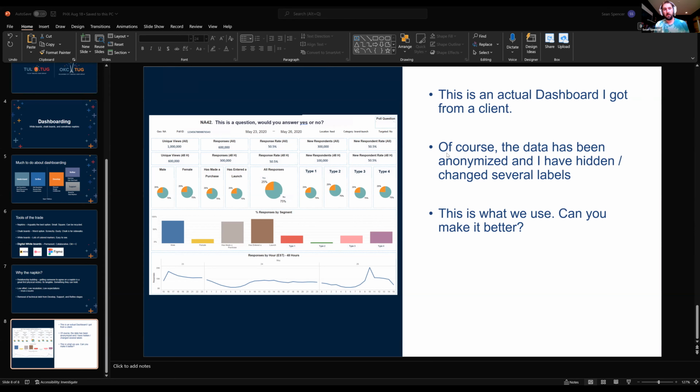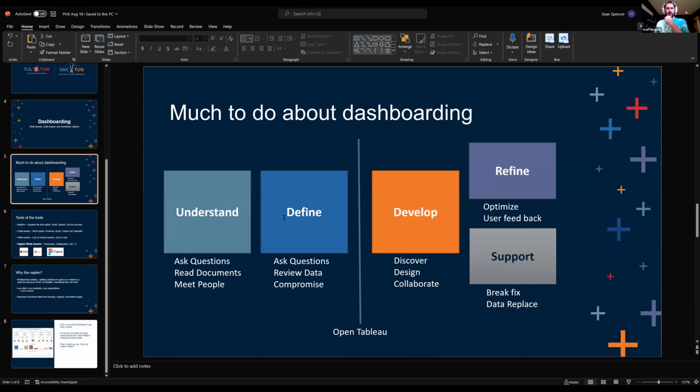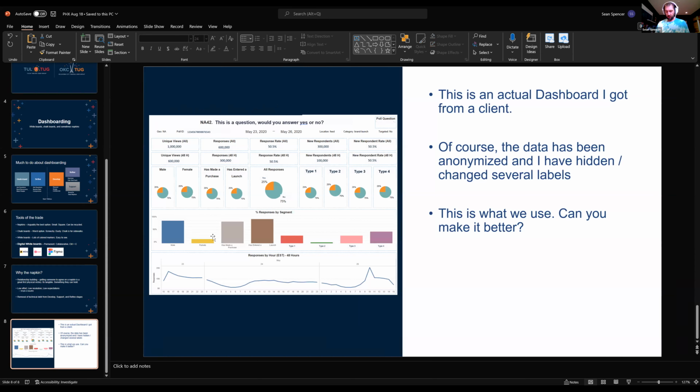Yeah, so this is an example of a client that has a pre-existing suite of information. There were actually 4 other dashboards that went with this that I restyled for them. And yes, I've absolutely been on engagements where I'm creating something net new, from scratch. What I will say is different about those scenarios is, I still follow this same pattern of understand, define, and develop. But my understand and define stages might have a couple of extra steps. I don't want to say that this is the worst dashboard I've ever seen, but this is definitely something that I would build in like 5 seconds exploring information, right?